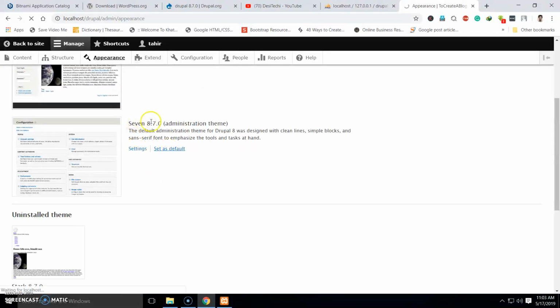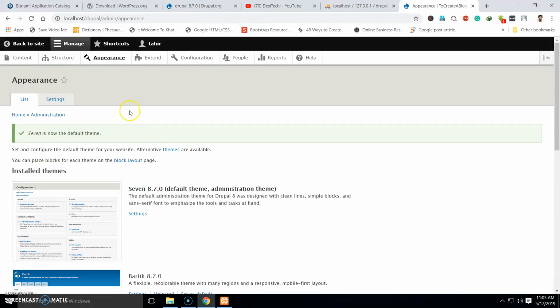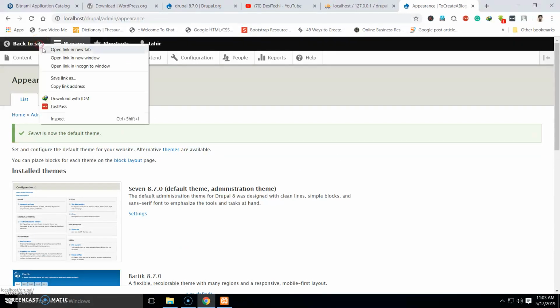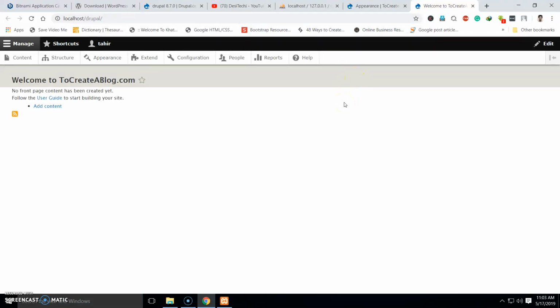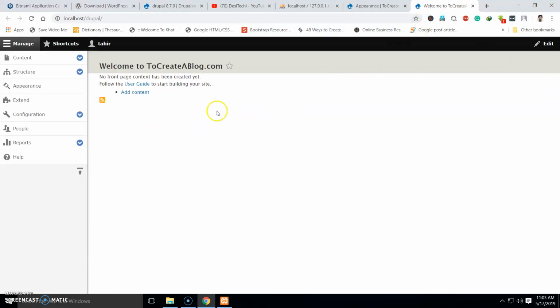Let's change default theme. Currently we don't have any content, so that's why we cannot see any content here. But this is how you can easily change your website.